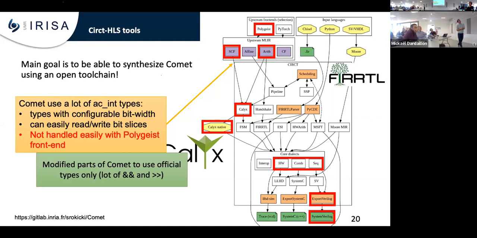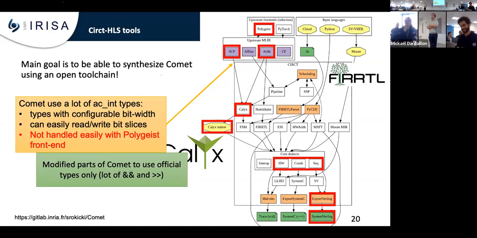No, the idea is just to... it's a Chisel toolchain, so the idea is just to start from Chisel. So you already start from a hardware description language. So it's not really... So once I got rid of all these types, which were